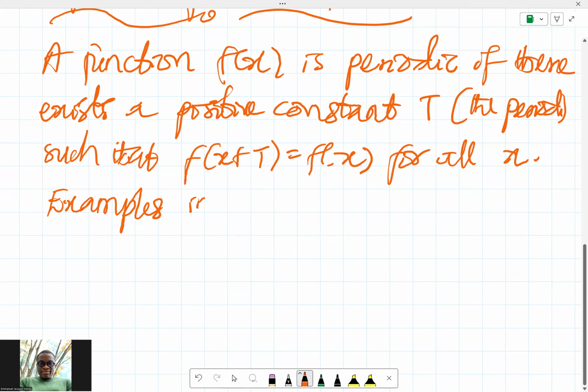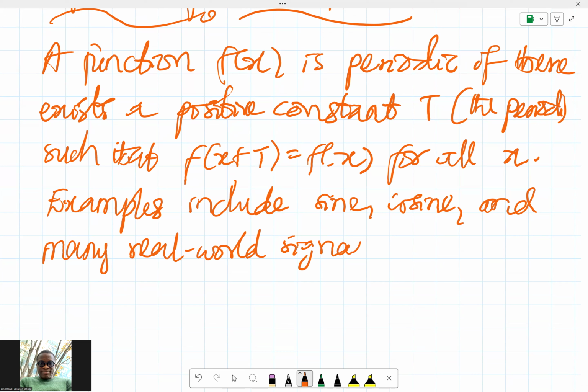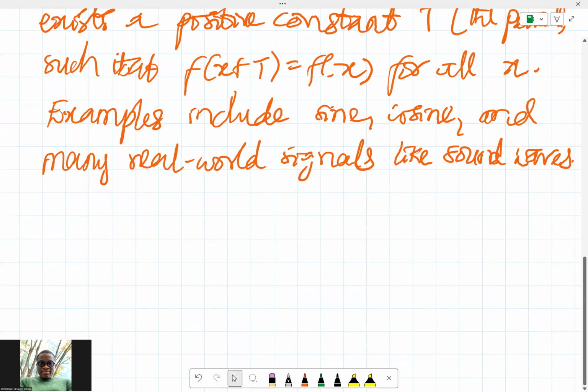So examples include sine, cosine, and many real world signals like sound waves. Of course, here the idea of periodic function is like we said, sine and cosine are examples of periodic functions. For instance, you know that